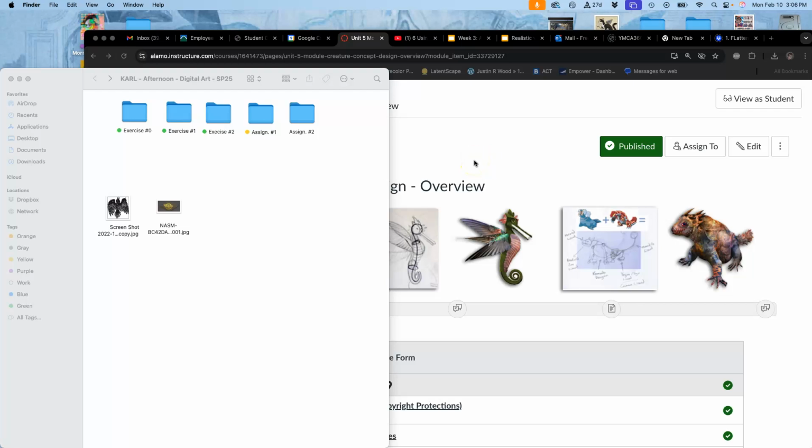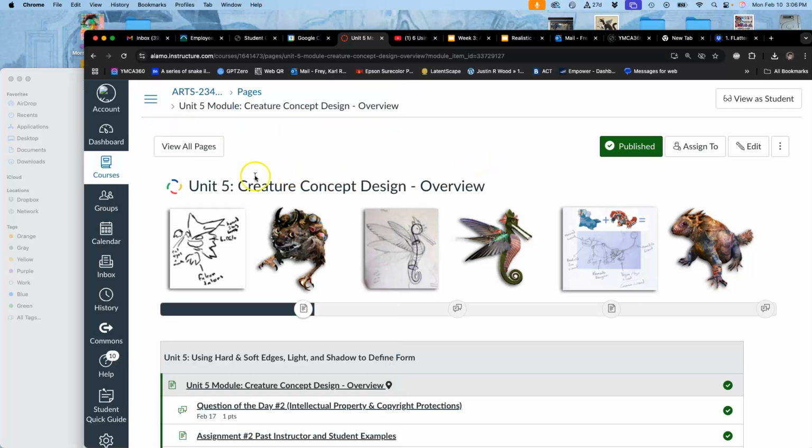All right, we just submitted assignment 1, so now we're moving on to unit 5. And this is going to be assignment 2. It's using compositing skills, but instead of doing a setting with 3 layers of depth, with lots of soft edges and lots of transparent blending, we are going to be making a creature all in sharp focus from head to